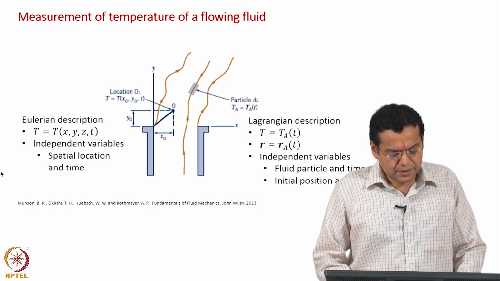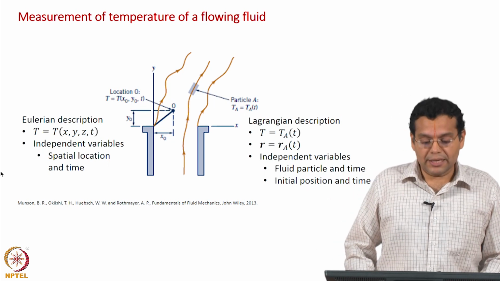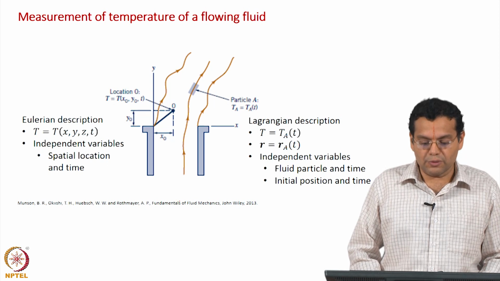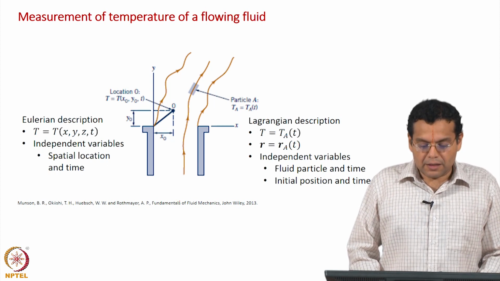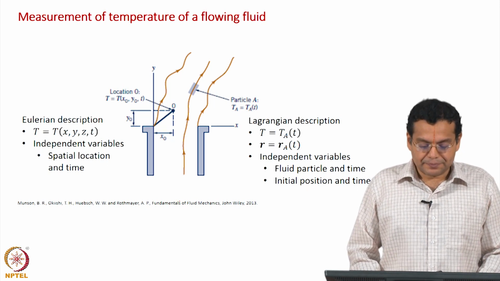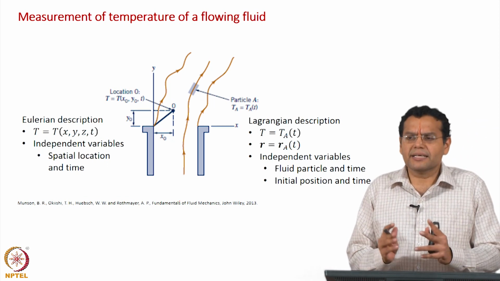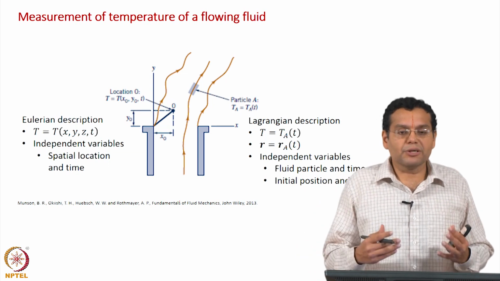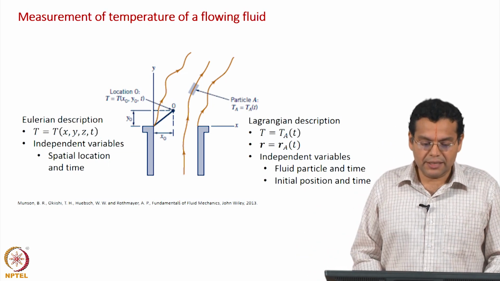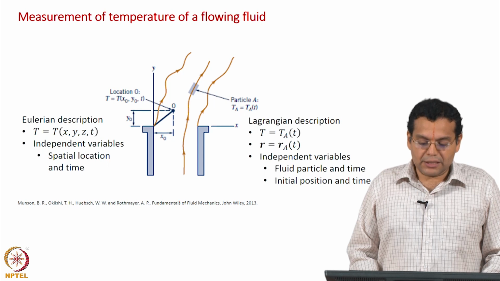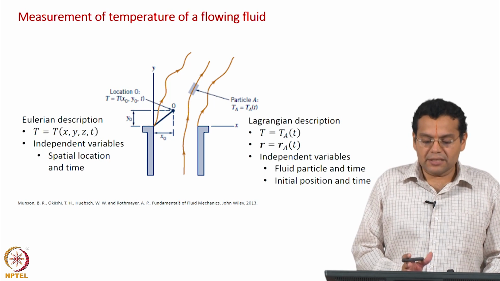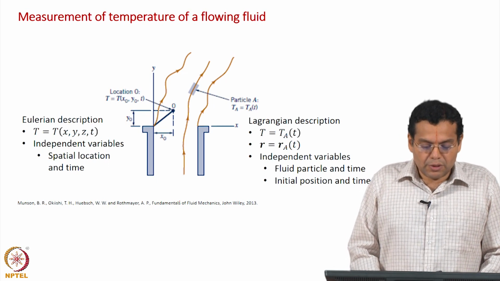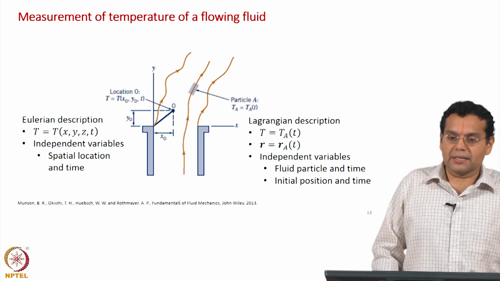Now, what is shown here is a chimney through which there is a flow of flue gas. Our objective is to describe the temperature in this region. Our objective is the same, and the way in which we are going to do this is in two different ways. Our objective is to describe the temperature in this region, somewhere near, let us say, the top of a chimney. Now, how do we measure the temperature here?